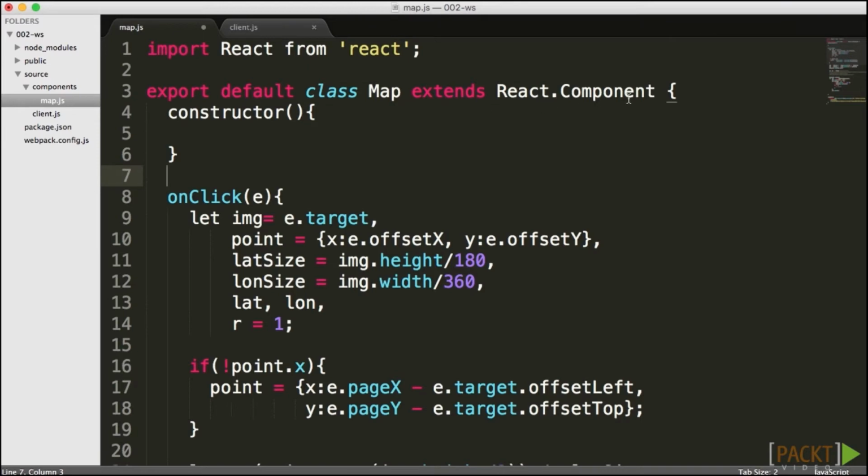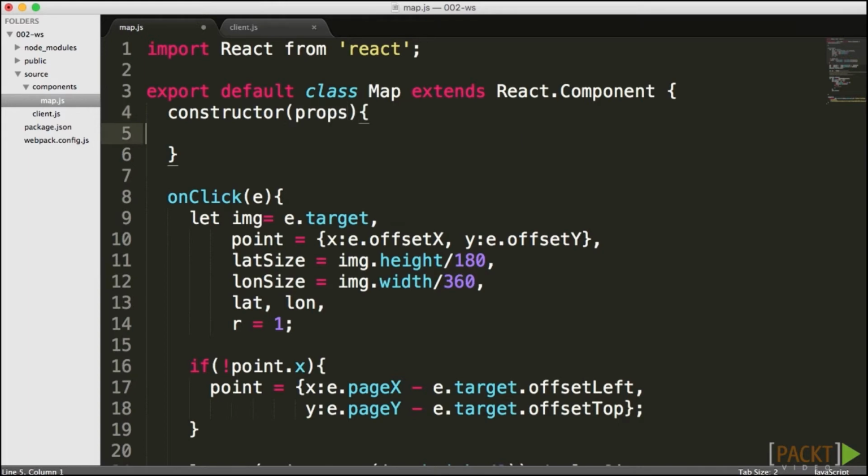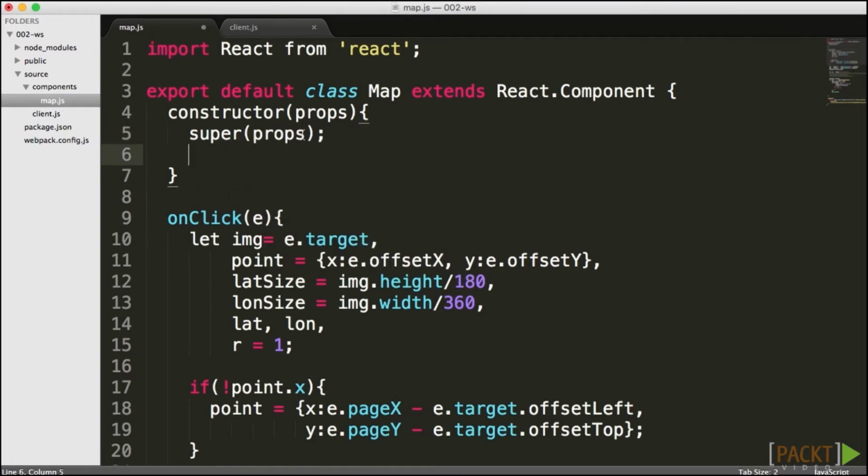Now, specifically, the component class expects inside of the constructor to have a props property. More accurately, we need to go ahead and send whatever is happening in the constructor to the constructor of React. So to do that, I'm going to go ahead and call the command super and then send in the props. So that way our React component could take care of the props, making sure that they'll be available to us